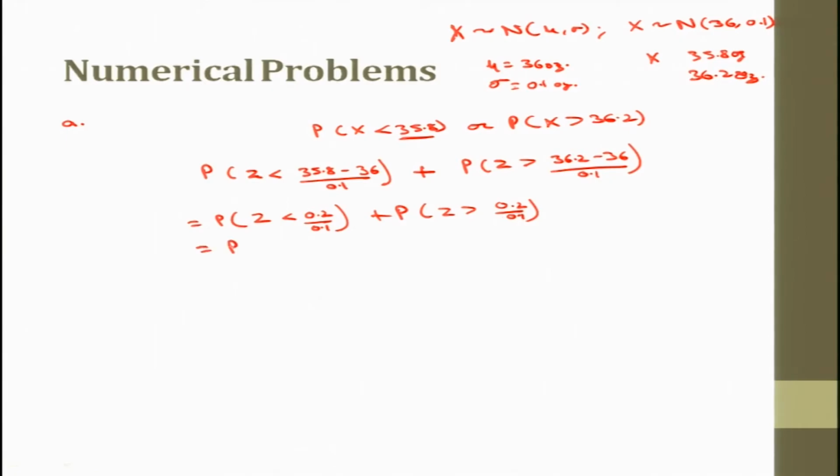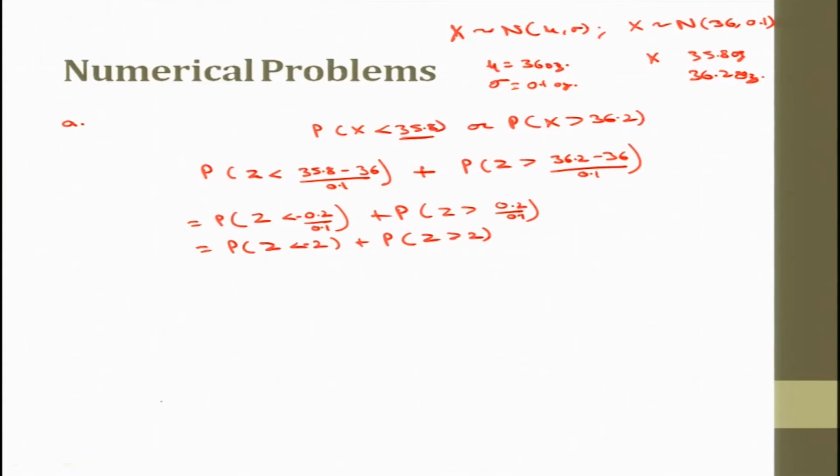This is equal to the probability z less than minus 2 plus the probability z greater than 2. So, we need to see the values for minus 2 and 2,